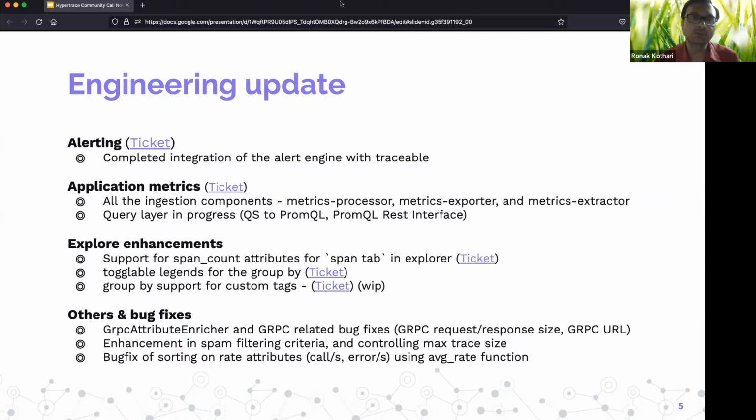I'll walk you through some of the highlights for this month as part of the engineering update, as just mentioned. As all of you know, there are a couple of major projects going on. One was alerting. Once we finished most of the work on the alerting, as you can see from the detail on the ticket, we were also working on utilizing this alert engine